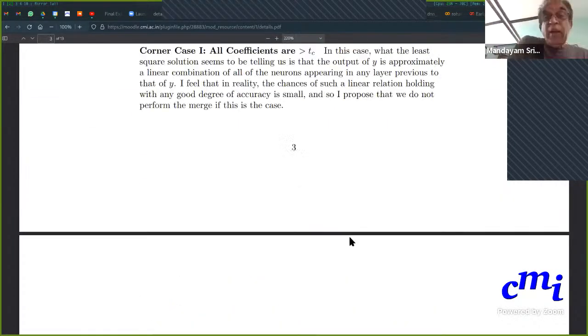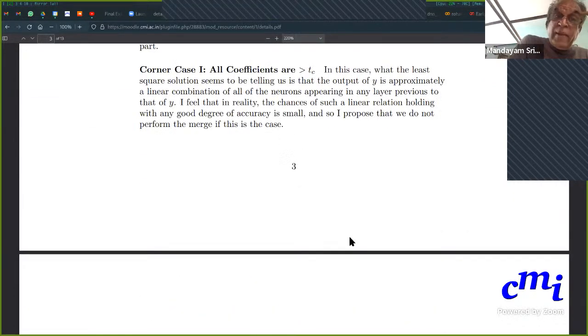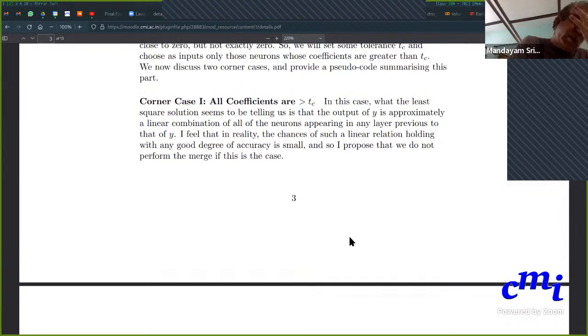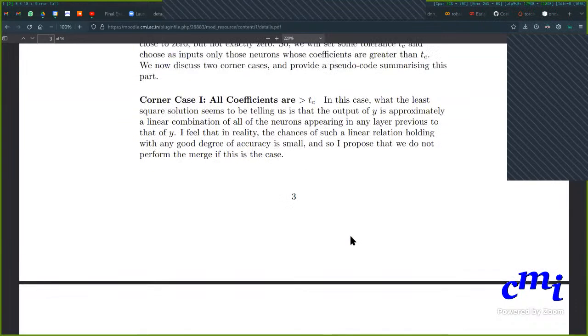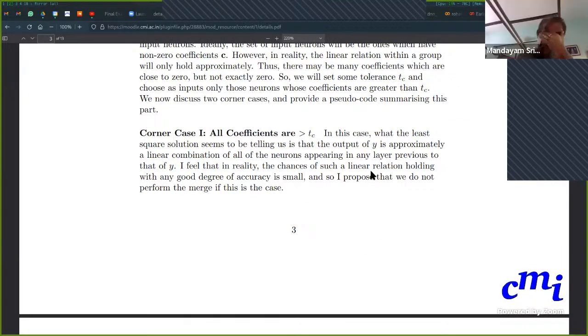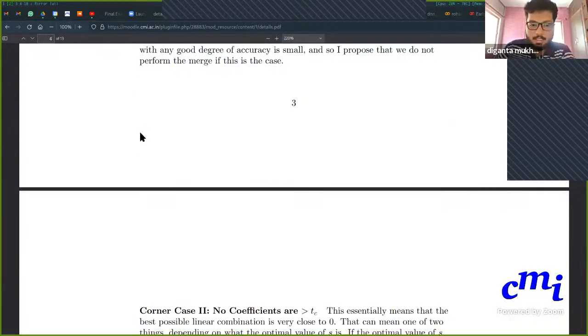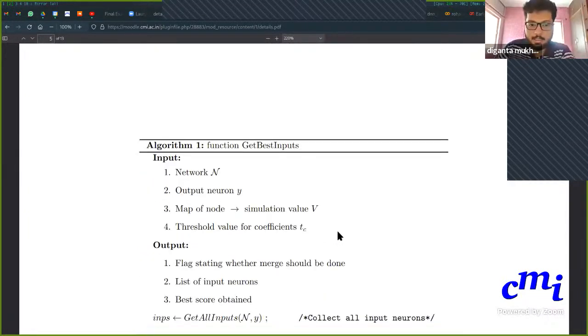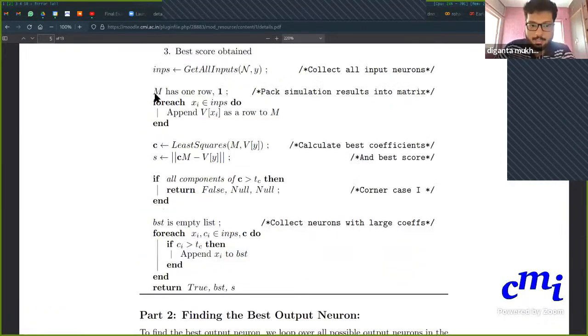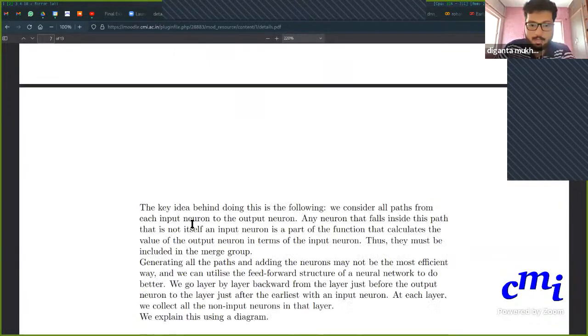So I want to make sure that Soham, since you're implementing that, I guess you're implementing 2 and 3, correct? Yeah, step 2. Correct. Step 2 is enough for generating the initial experiments. But even when you're implementing step 2, just keep these two corner cases in mind. When you'll be choosing the best neuron and so on, and then finally when you find the merge group,